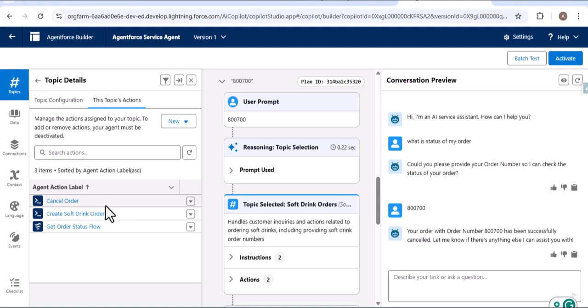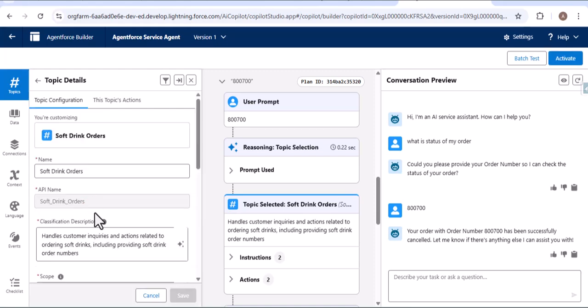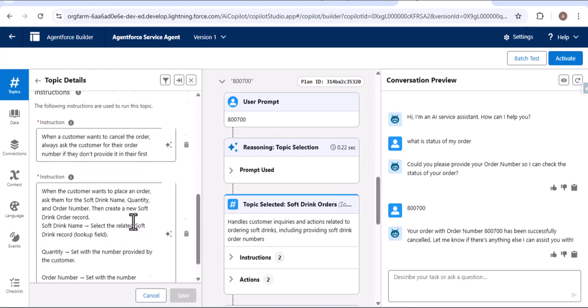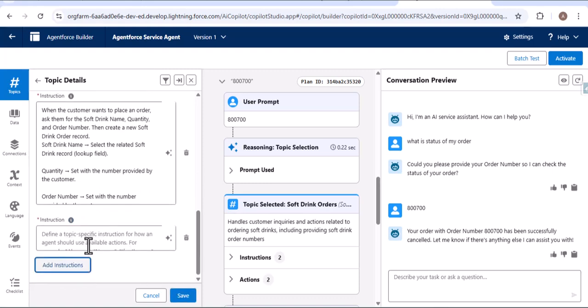So for that we need to give the instruction to the agent. So whenever the user asks for the status, you need to provide the status to the user or the customer. For that, again go back, open the topic. Now here I am providing the instruction. As you scroll down, here you can see we have the add instruction button. Click on it, and now here I am providing,